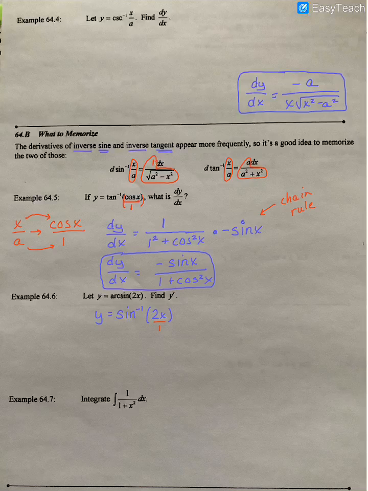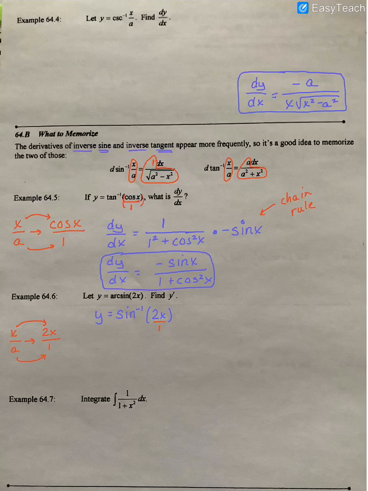Think also as we do this, what are we going to use as our x value? What are we going to use as our a value? So in terms of x over a, if you look at that as a fraction, x over a is equal to 2x over 1. So that means my x value is 2x, and my a value again is 1. My a value will not always be 1, it just is right now. So,